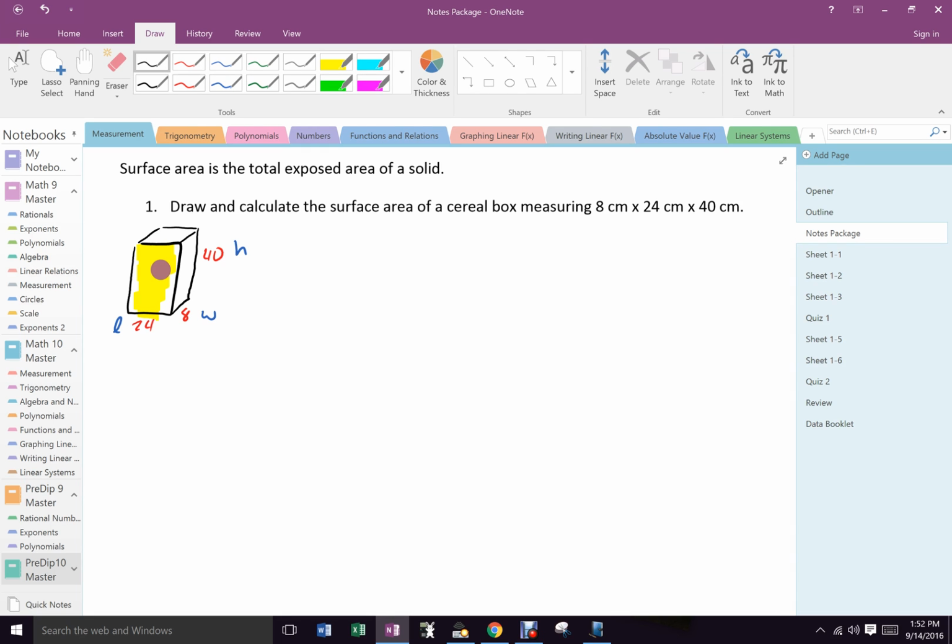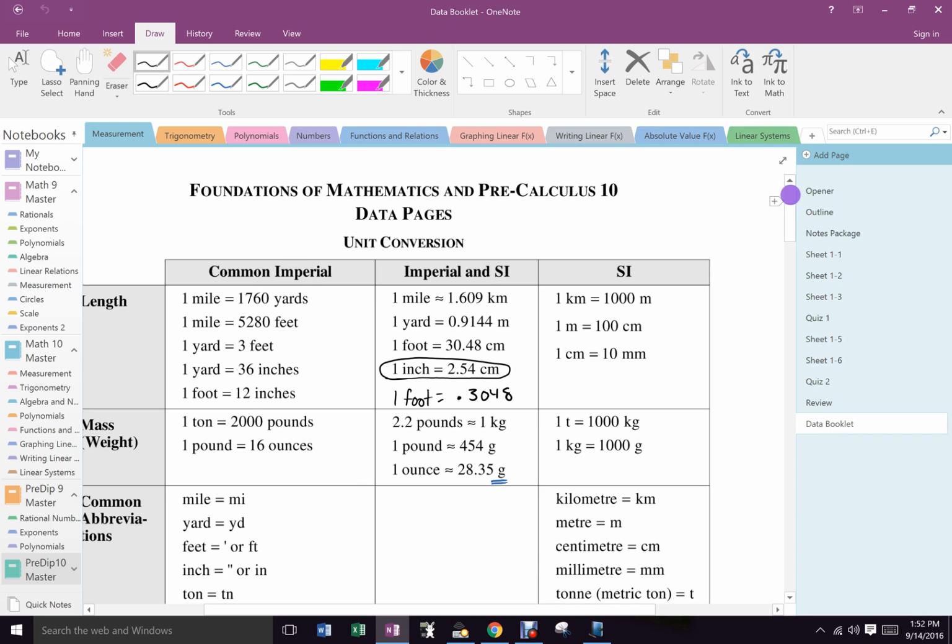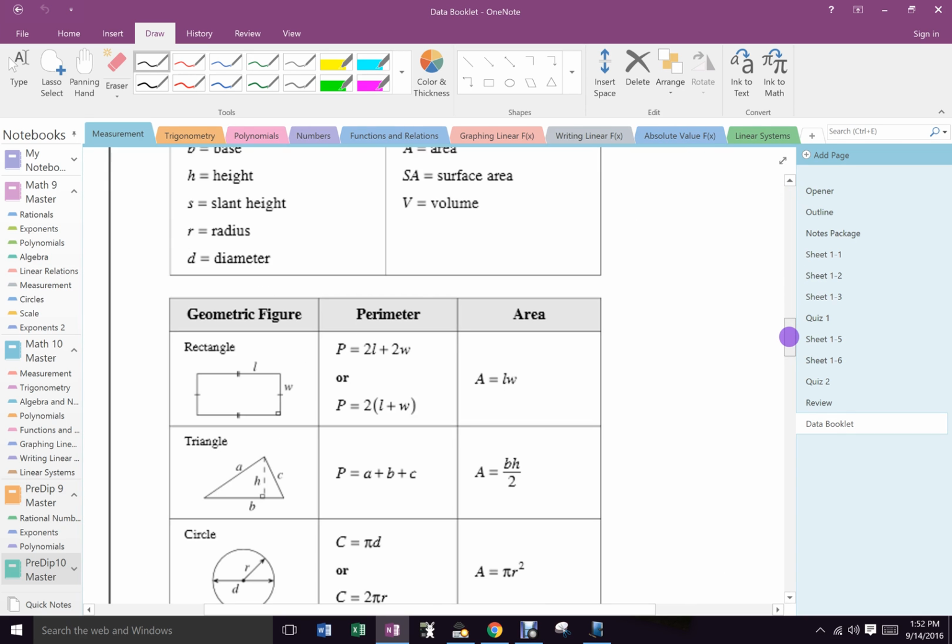What should the length be? If you think back to Mrs. Bag Crumble in grade 3, the length is always the longest side. So what should L really be? 40. Picking up what I'm putting down? The letters don't matter. Okay? Don't get trapped by formulas. When you go to your data booklet, of course, and you remember the 9th grade, because I know you all memorized these formulas in the 9th grade,